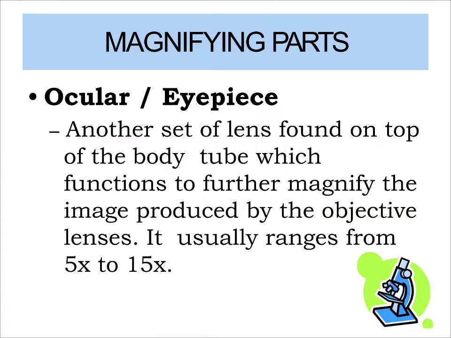And we're done for the mechanical parts. Now, let's talk about the magnifying parts. So first, we have the ocular eyepiece. It's another set of lens found on the top of the body tube which functions to further magnify the image produced by the objective lenses. It usually ranges from 5 times to 15 times bigger, for a better view of the microorganism. So the eyepiece is very important to the microscope because this is the one which magnifies, or makes the microorganism